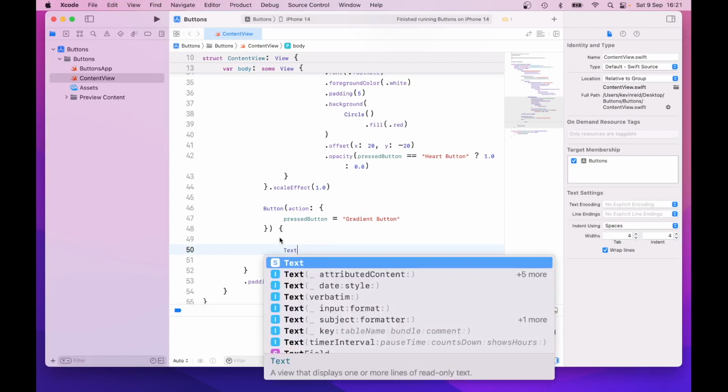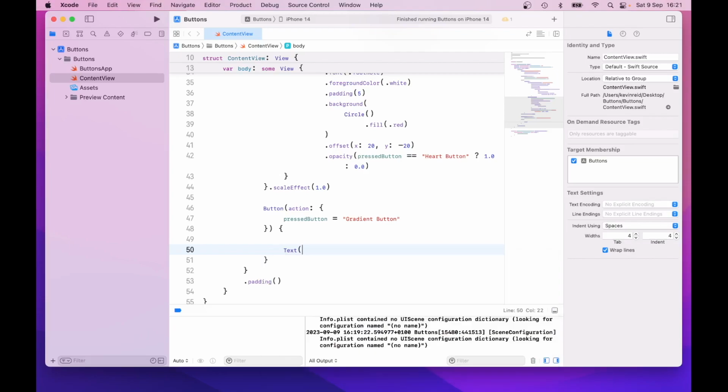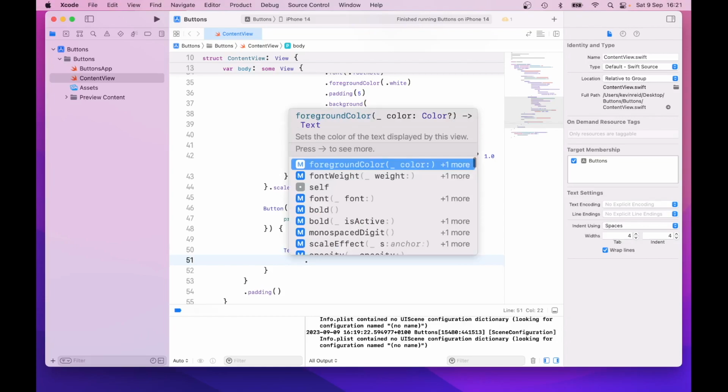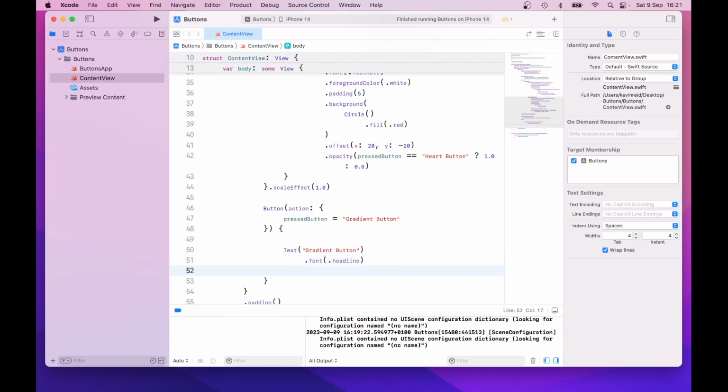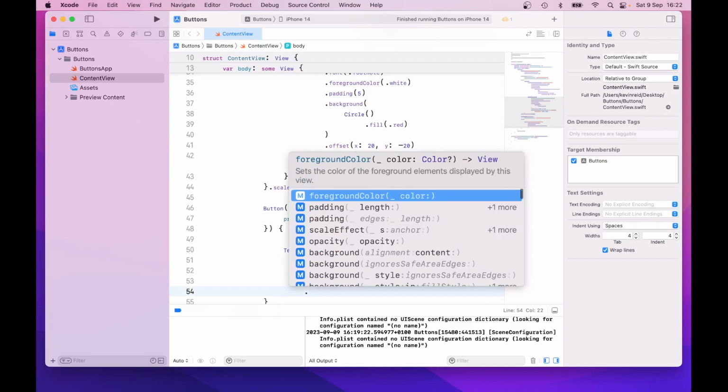Text, gradient button, dot font, headline, just adding some style, dot padding, just adding a bit of padding around the button's content, dot foreground color, dot white, dot background,